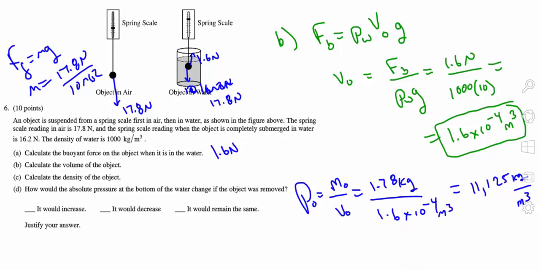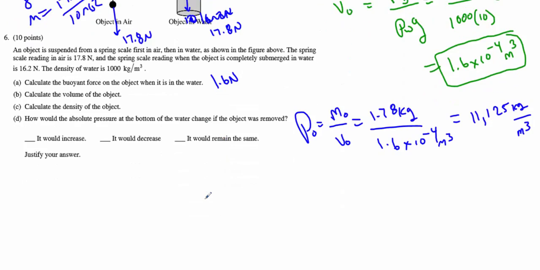Alright, and then D, how would the absolute pressure at the bottom of the water change if the object were to be removed? There's a couple different ways of answering this one. I think the one I'm going to use is the most logical. First, the pressure at the bottom is going to be equal to the force acting at the bottom divided by the area of the bottom. The area isn't changing, so that's not a problem, but the force pushing down